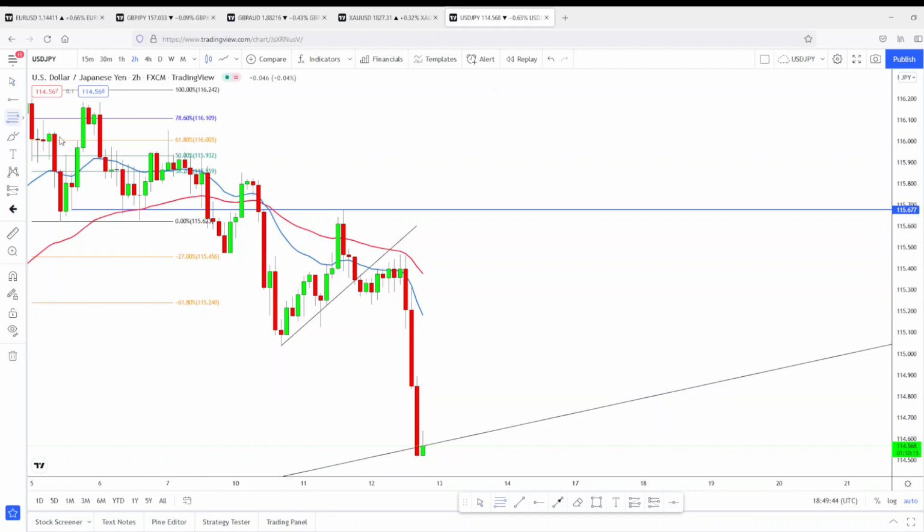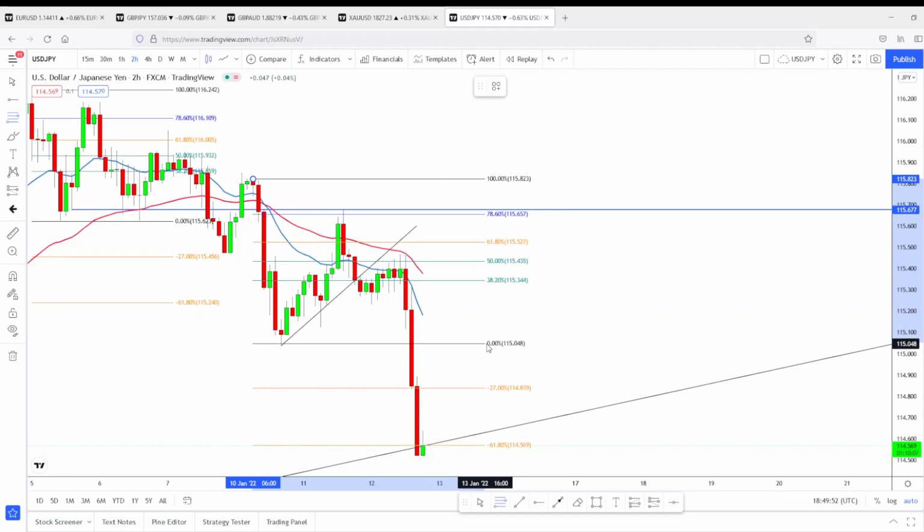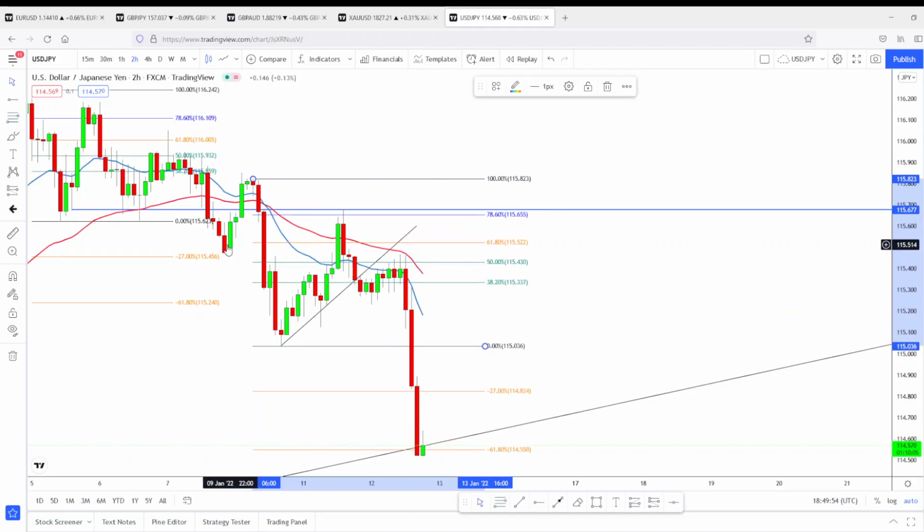I did use my Fibonacci. As you can see, this is my previous one. I hit D2, and this is my second one. So it's basically using previous trend, knowing that it's going to continue that trend, and basically using all the confluences that you need to show future targets. And as you can see, this is where it went. Yeah, it actually hit my D2, and